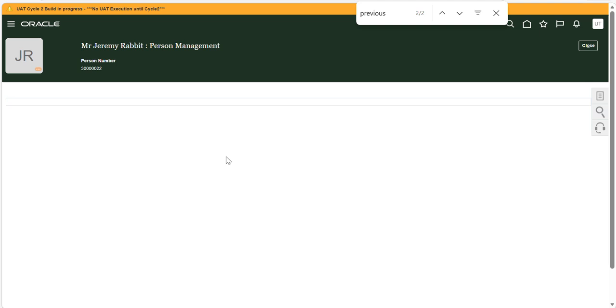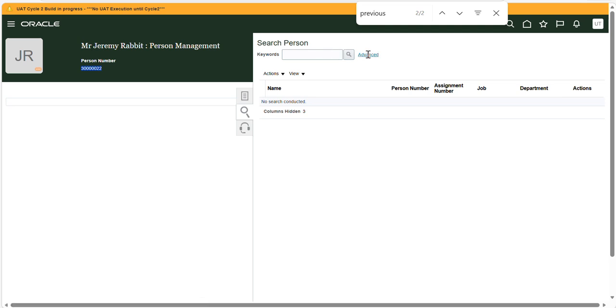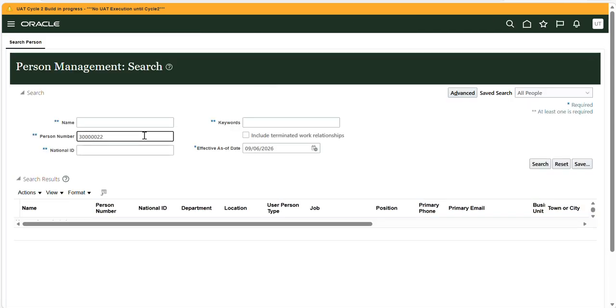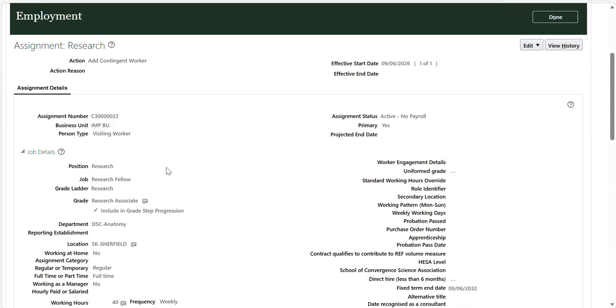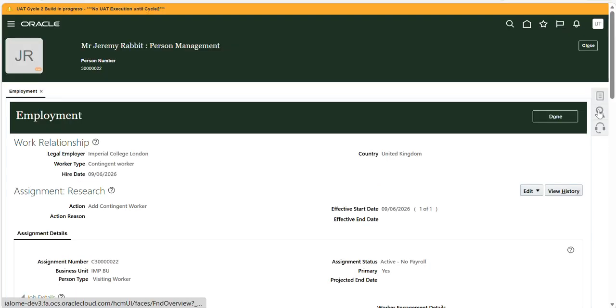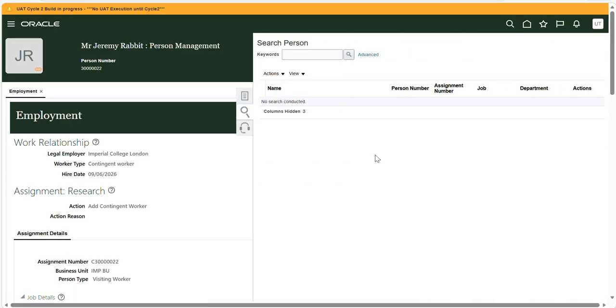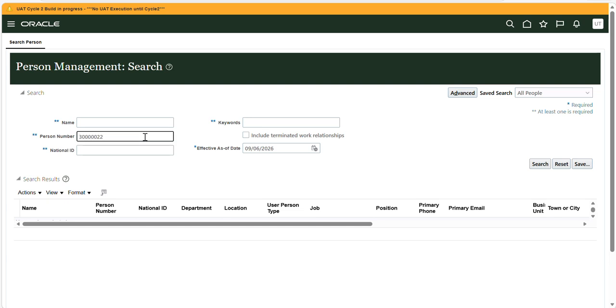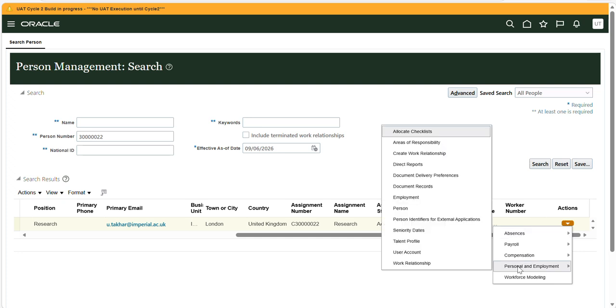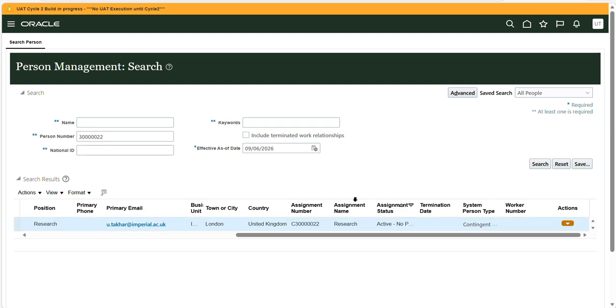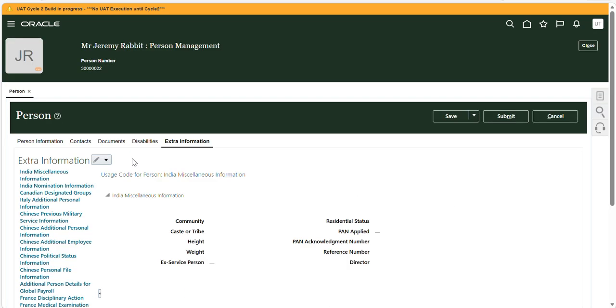So now, if I take this person number and query on this person again, I just want to check that we've got those details. That I do see a SID number. And I went from this employment screen. I need to do it from the person screen. So let me just go back in and do a double check. And person, up person. Let's wait for it. And on the extra information,